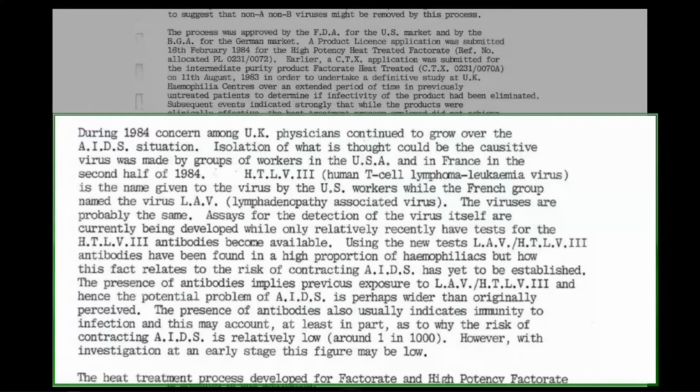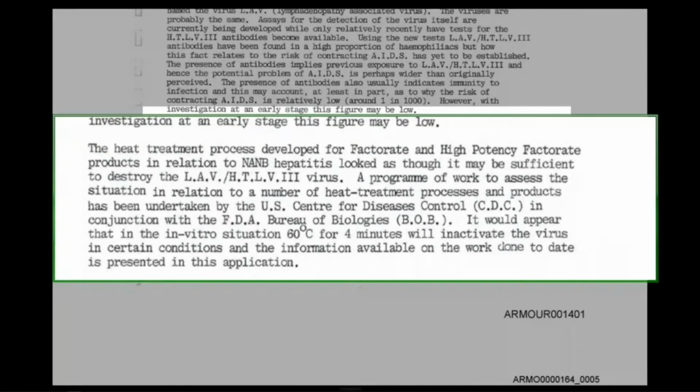If we then pick it up in the next paragraph, the heat treatment process developed for factor VIII and high-potency factor VIII products in relation to non-A, non-B hepatitis looked as though it may be sufficient to destroy the LAV-HTLV3 virus. A programme of work to assess the situation in relation to a number of heat treatment processes and products has been undertaken by the US Centre for Diseases Control in conjunction with the FDA Bureau of Biologics. It would appear that in the in vitro situation, 60 degrees for 4 minutes will inactivate the virus in certain conditions. And then over the page,